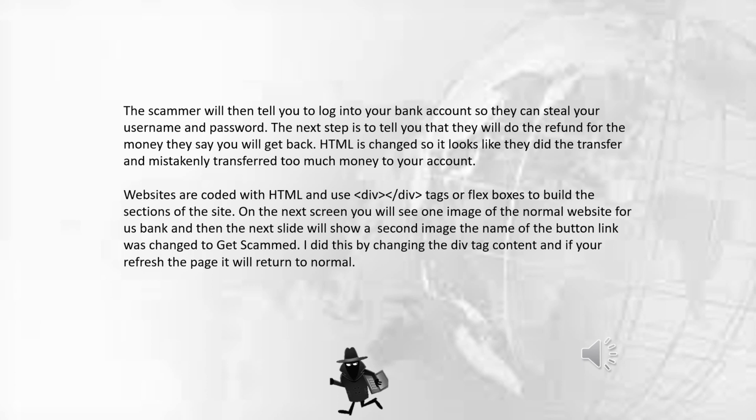And what they'll do is they'll use TeamViewer and they'll block your screen out so you can't see. And then they'll left click on their mouse and open up another window on the left side of your screen, which is the HTML. They'll highlight an area where your bank account information is, where the amount is. Each website is made with HTML code and they have div tags. They can go in between those div tags and change whatever's written. They can just change the number, add another number, so they'll make it look like instead of $499,